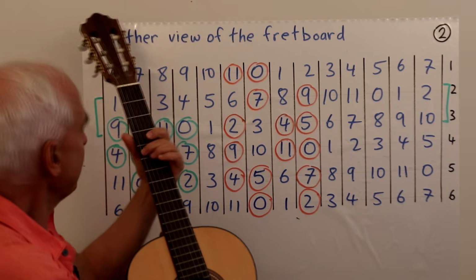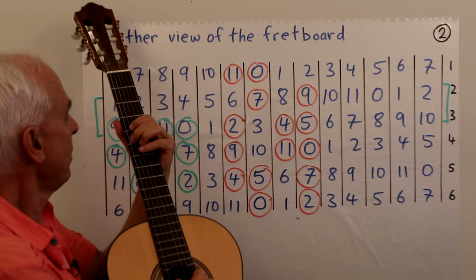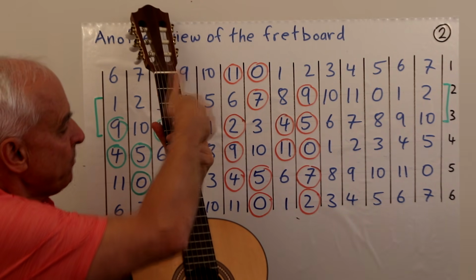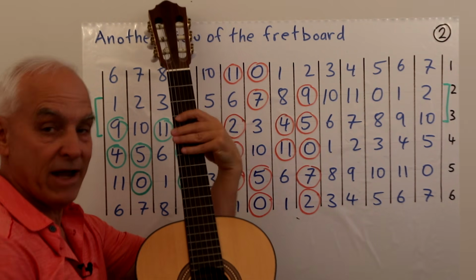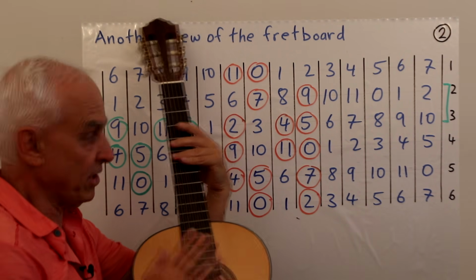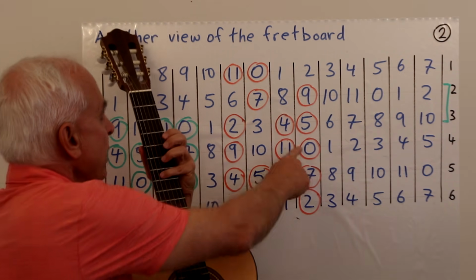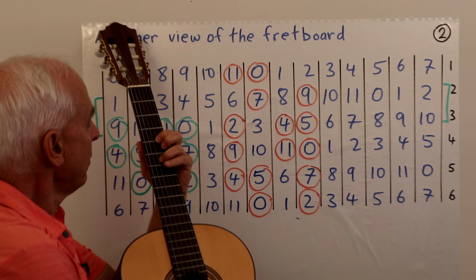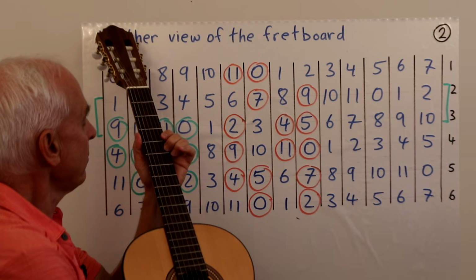So let me see if I can do it. Let me start here. That's 0. Okay, here we go. The advantage is that I'm positioning my hand here in a certain way. These 4 fingers are basically covering these 4 frets, so I don't have to move left or right. I'm just moving up and down, but the same finger is covering that entire fret. That's really convenient. So now we're over here, and now I have to keep going. Now I have to go to this 2. And back down.